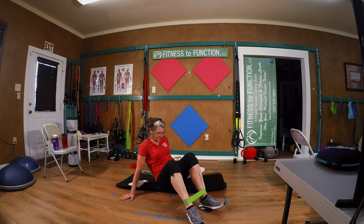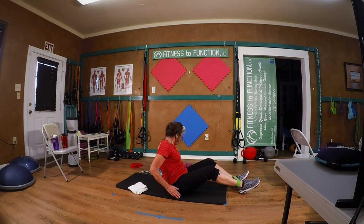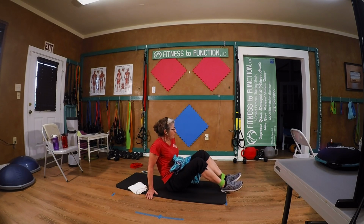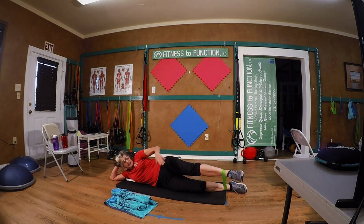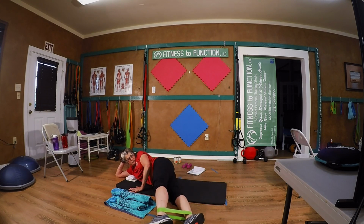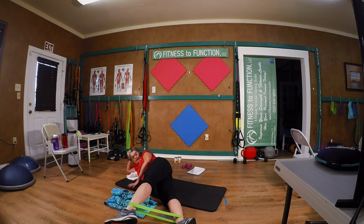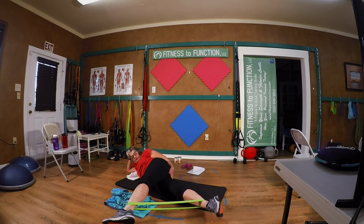Okay, now we're going to lay on our sides. If anybody wants to borrow any mats, let me know. Now I tried a couple of things here. Everybody in the earlier class liked the top leg going back, and I'm going to try both of them. So this top leg is anchoring in front. This back leg, I'm keeping it back in line